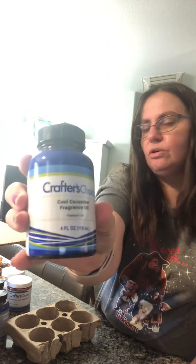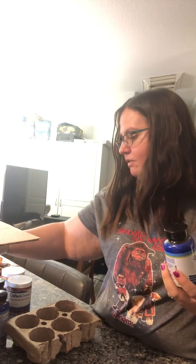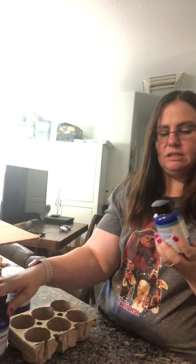These are both new. I got this one that is cool cucumber. So the other one, let's see if I remember right. So this is two of them, and that. And so I got this other one in case, because the order's a big order, if I needed more. And if not, it's the same exact one, but if not, then I'm gonna use it in a